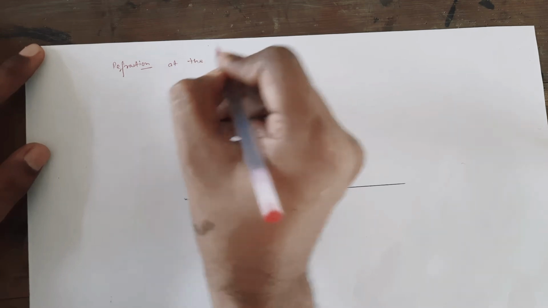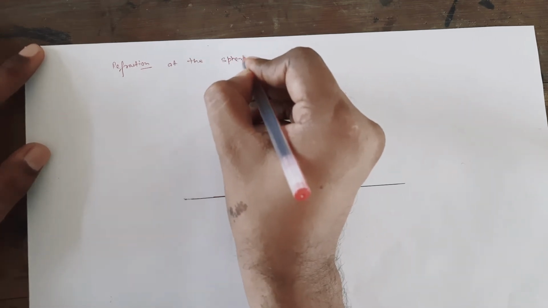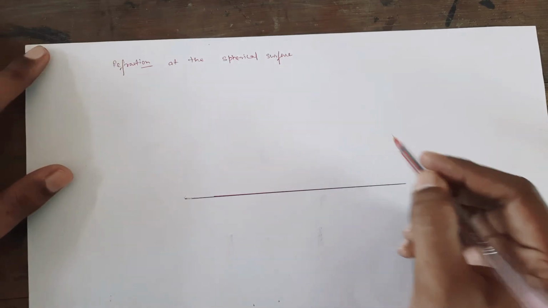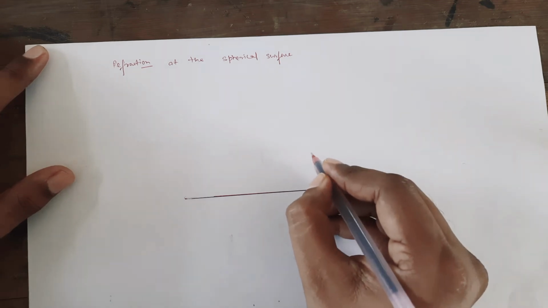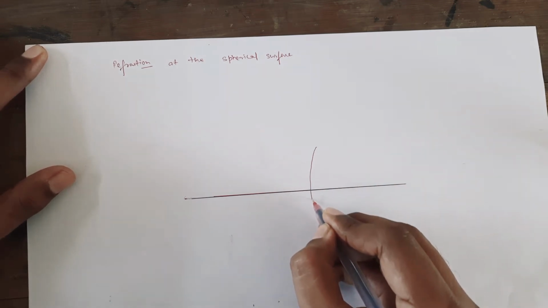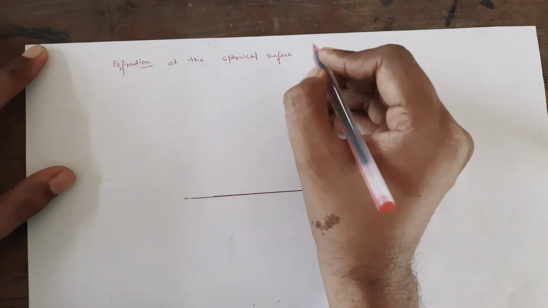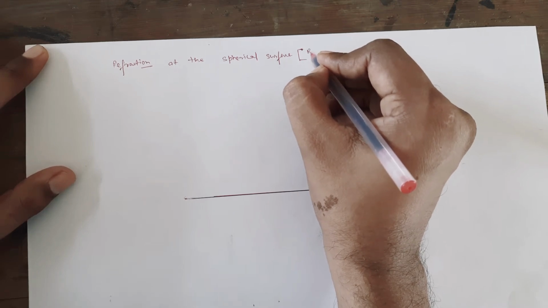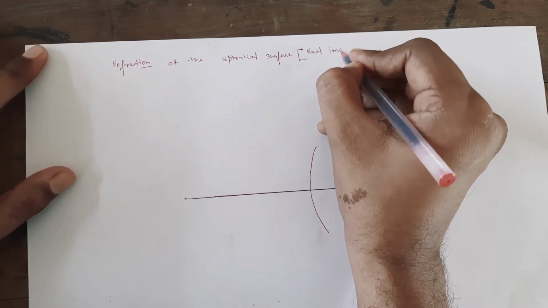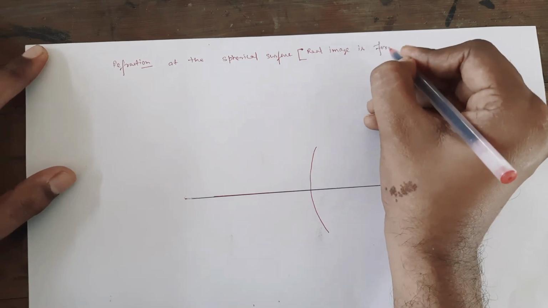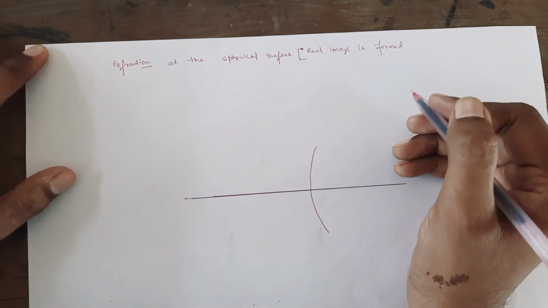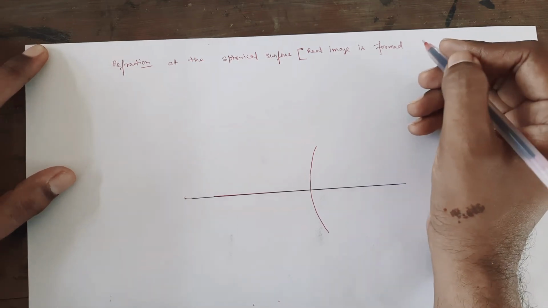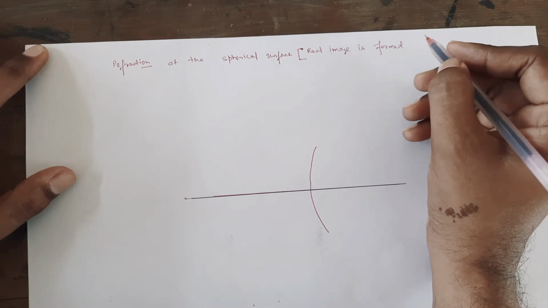at the spherical surface. What type of a spherical surface? It will be convex. So it will be convex like this. Okay, spherical surface. And one more important thing, that if we are assuming that the real image is formed, for real image to be formed, the rays after reflection or refraction from the object, they should meet really, otherwise a virtual image will be formed.